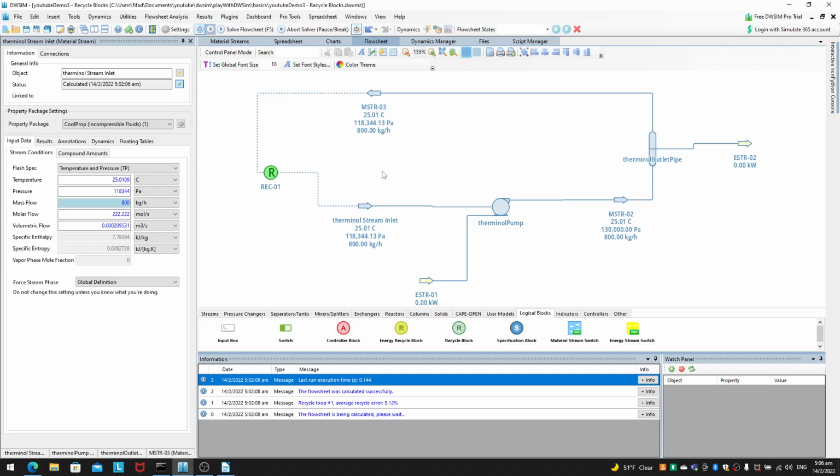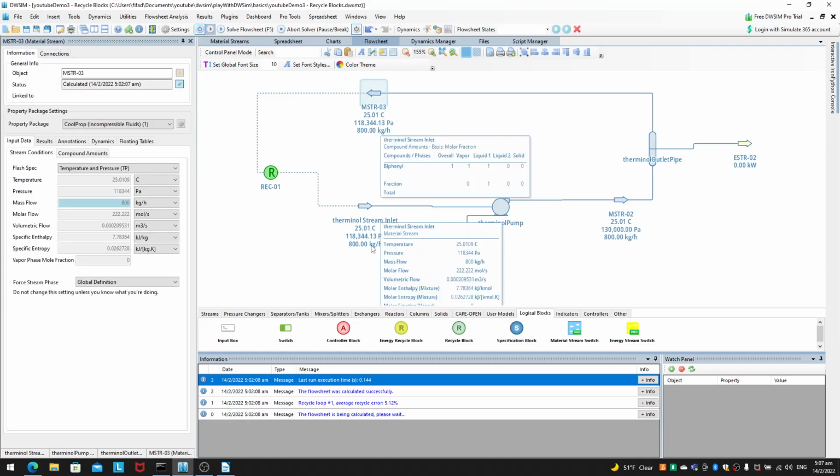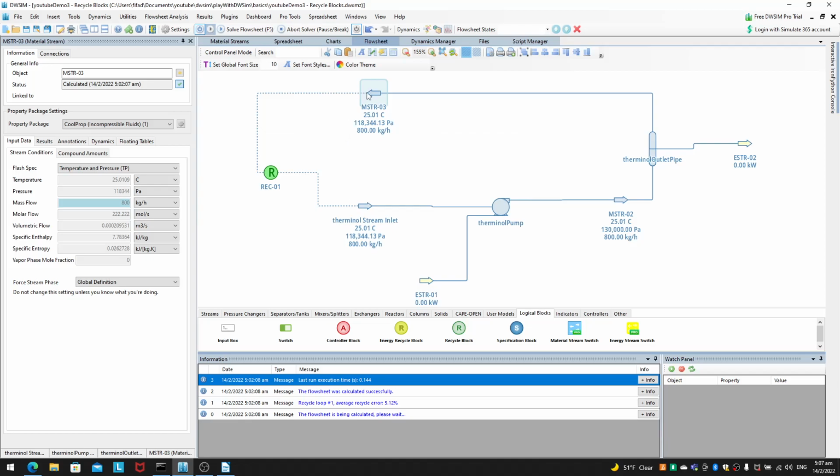So yeah, you have to see whether it makes sense physically at each stage. For example, you see this MSTR03 is 25.01 degrees C. You check the temperature here. This is another physical phenomenon you may or may not see. This temperature here is 25.0109. Okay, so just now I explained that the fluid flowing through the pipe and going through height increases and all that,